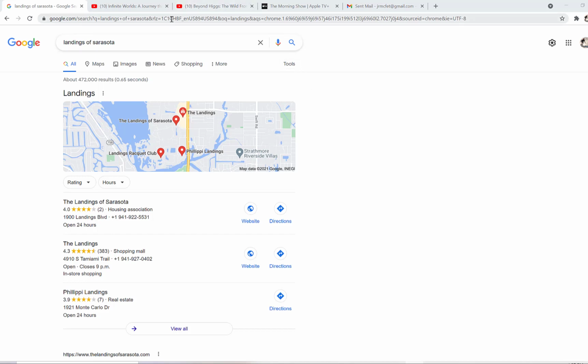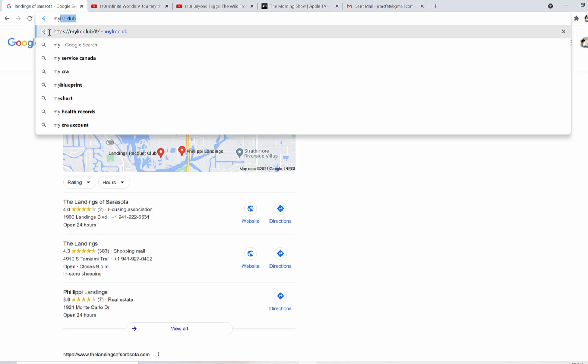Anyways, the first thing you do, this is a web application. And as with any web application, we have to navigate to our website. So we type in mylrc.club into the navigation bar in the browser of our choice. This can be Safari, it can be Chrome, or I guess it can even be IE. And of course, it can run on your browser on your phone or Windows or Mac, whatever. So we navigate to our